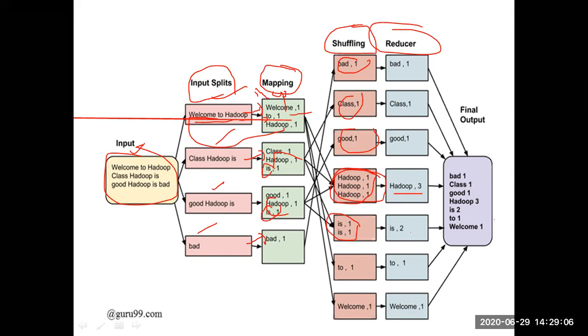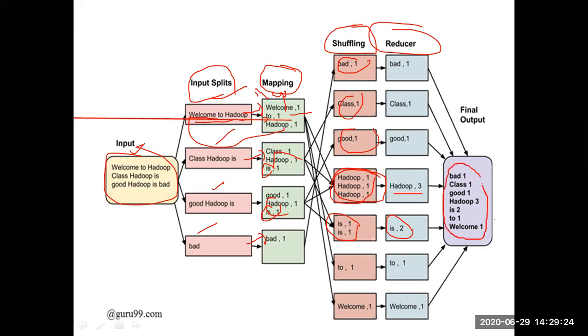Is, one, writing two times, it is reducing the data to two times. Clear? Remaining all are already one time, so no need to reduce. Like that, it will try to reduce the data. By combining the outputs, it will try to reduce the data and the final output will be given to the programmer.